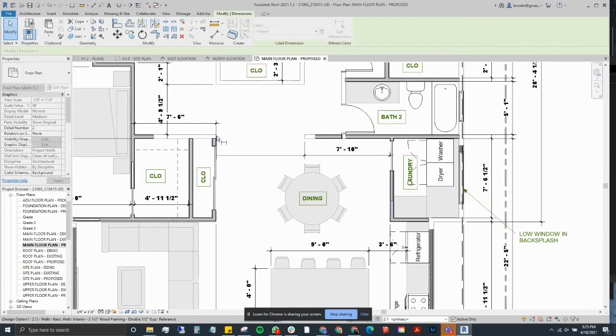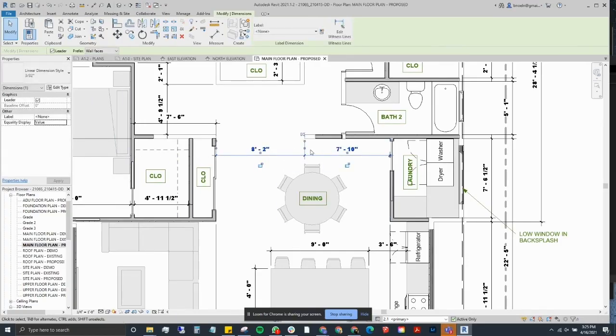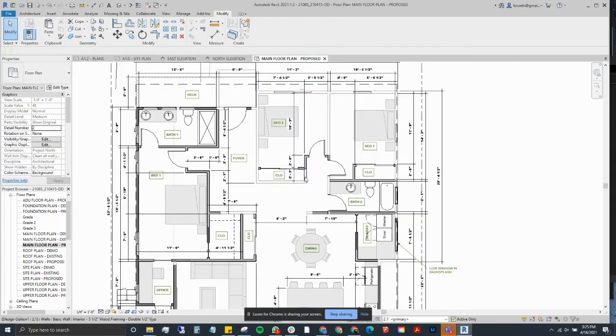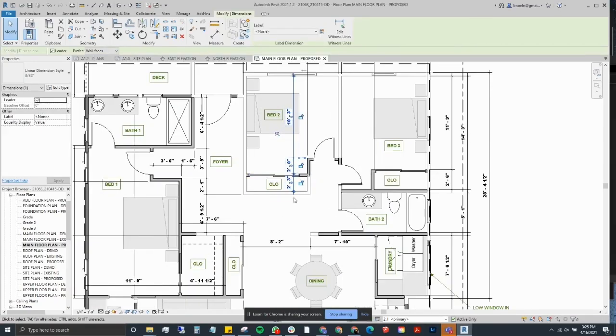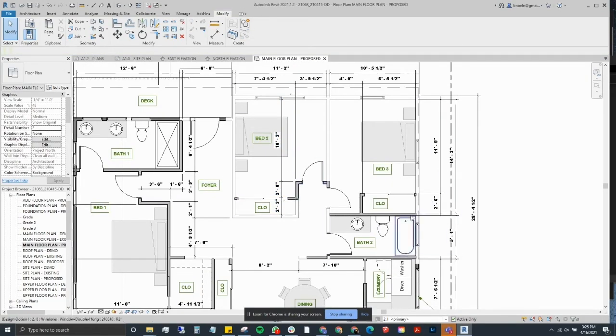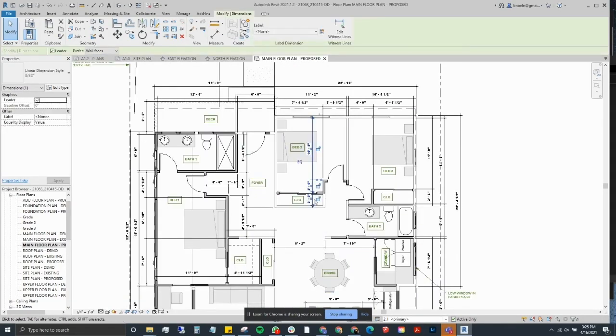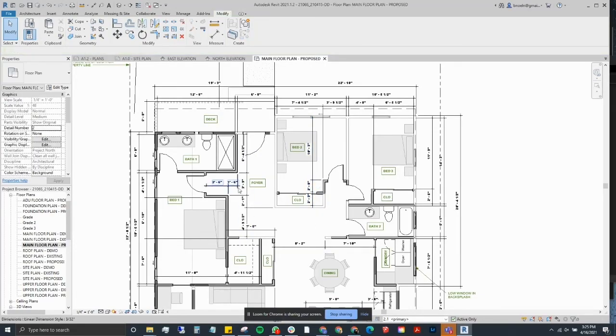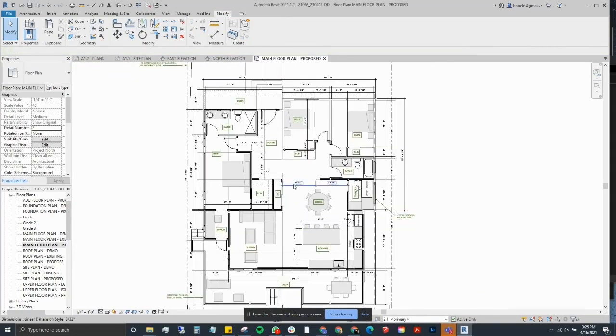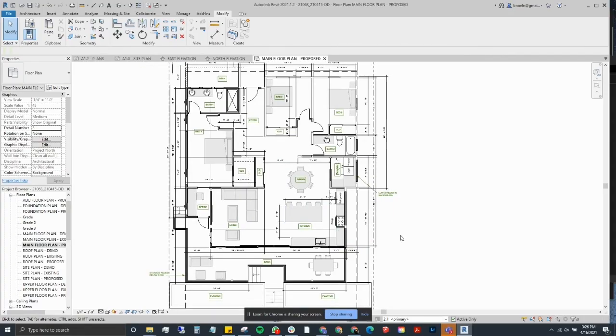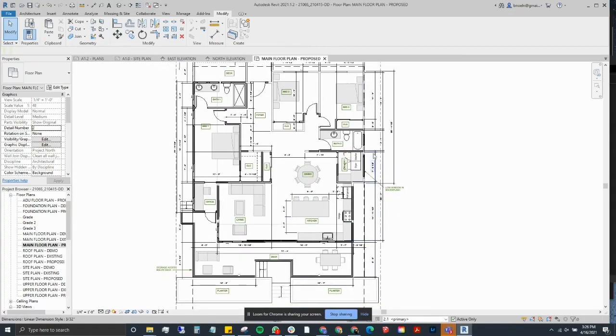So then when I add this dimension here, to get out of it, you just come down and click anywhere, not on a dimension. But what's really nice about that is now they're connected. So if I move one, I move all, they stay connected. It's super clean. Here's another example of where I did end up going on the interior because there's lots going on here and here. But you will see that everything is lined up. They're connected, even though they are inside. There's some order to it. Dimension-wise, that's pretty much it for real basic. I'm not doing windows and stuff because this is just simple for now. But it creates order, aligns things,